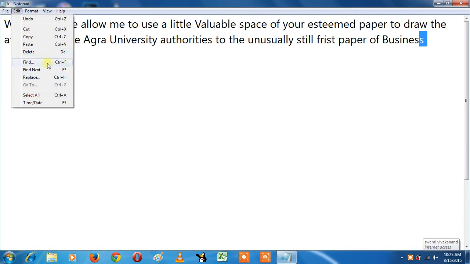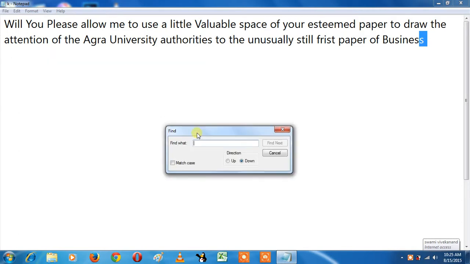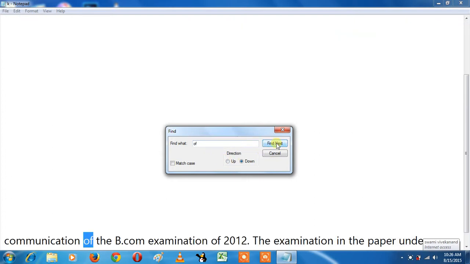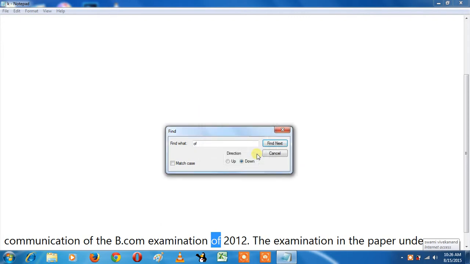Next option we have is Find. The shortcut key of Find is Control F. Look at that, what do we have to find? For example, we have to find "of". We will select from here where "of" comes. Only two "of"s are available on the downside.